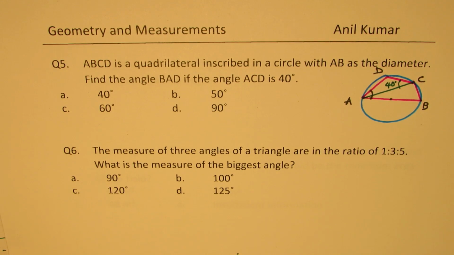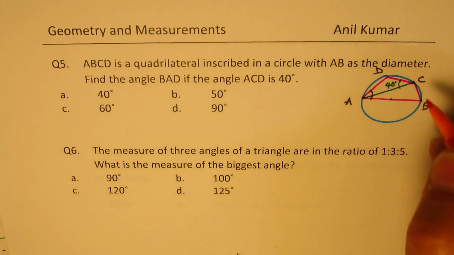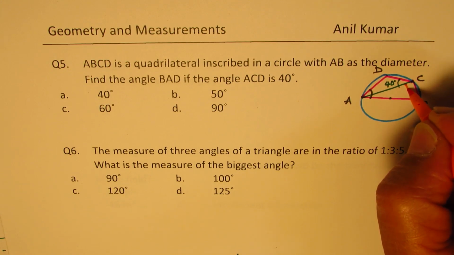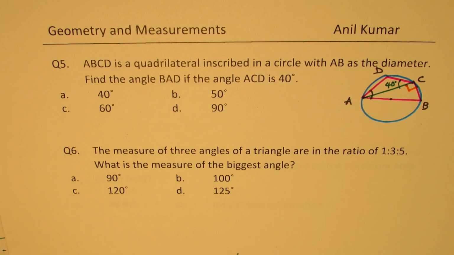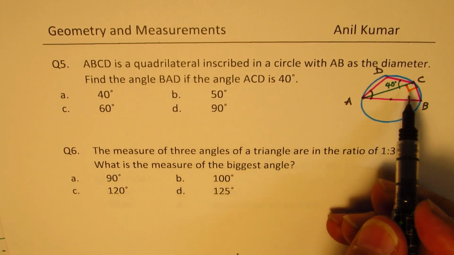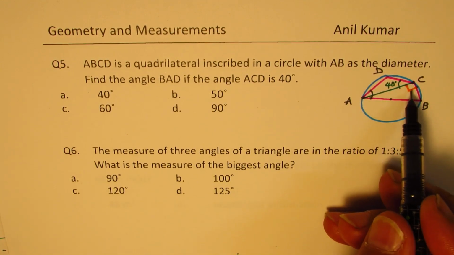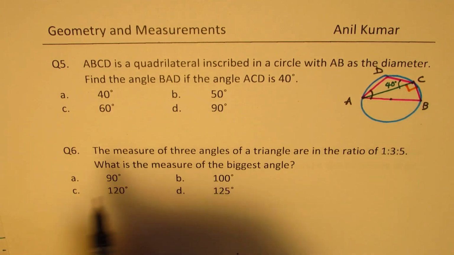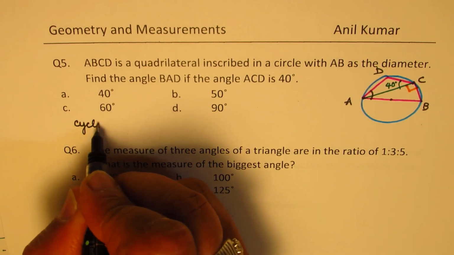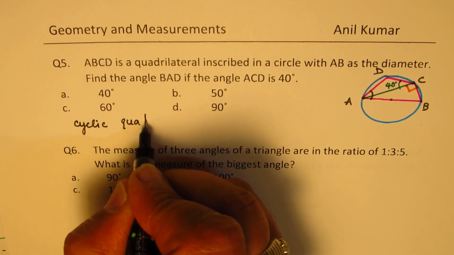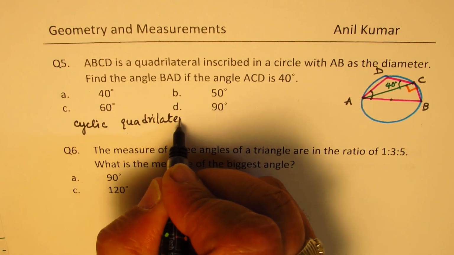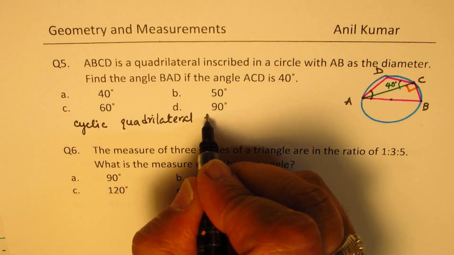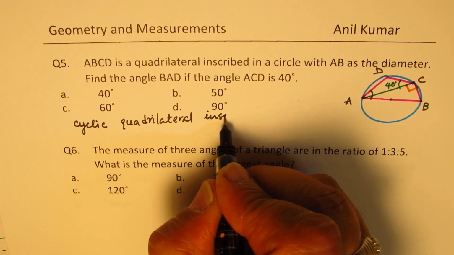Now, as you know, in a semicircle, when you make a triangle, it is always 90 degrees. So that is 90 degrees. You get the idea. So two things which you should know. One is any triangle formed in a semicircle will give you 90 degrees. Second, we have a cyclic quadrilateral